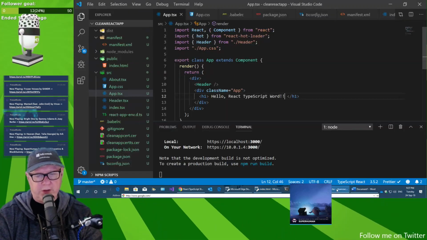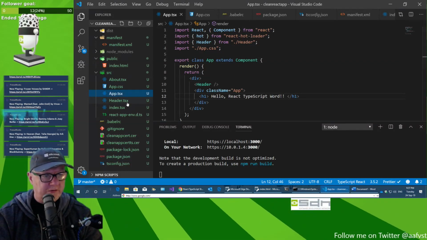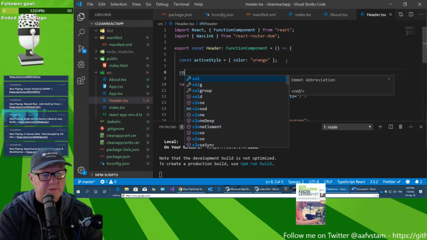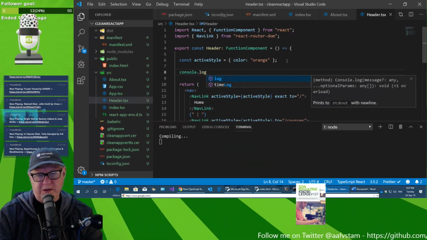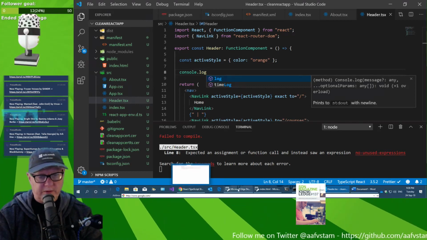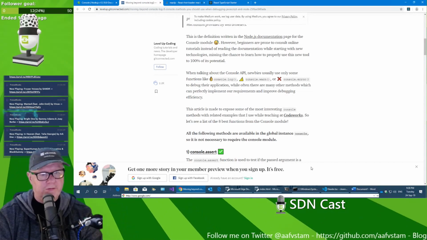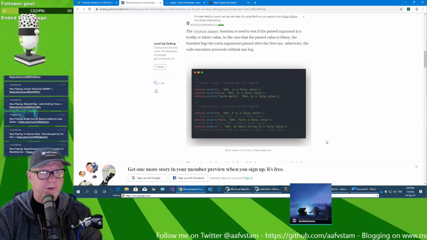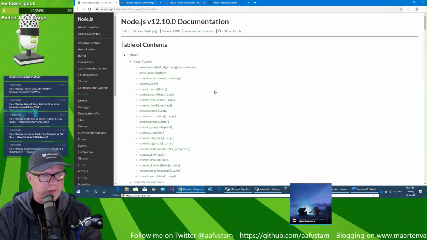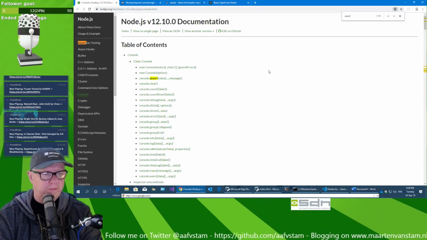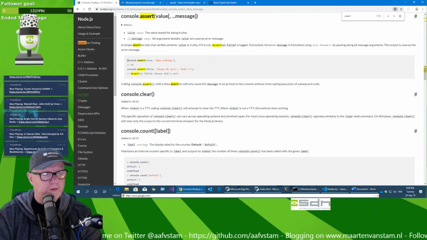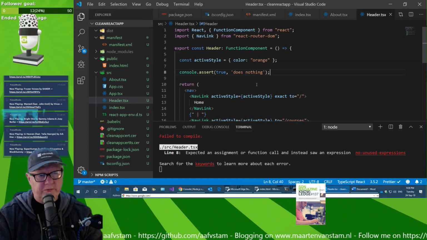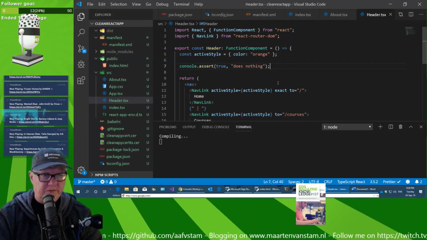Back to the code. What I wanted to do is go in here and, for instance, get into the header and do something like console.log. This is the thing that most people know. Where is the blog post? Like this. Yeah, let's start with the assert option. And let's see what the official documentation says about assert. Assert in here. Console assert true does nothing. Let's do the assert in there,